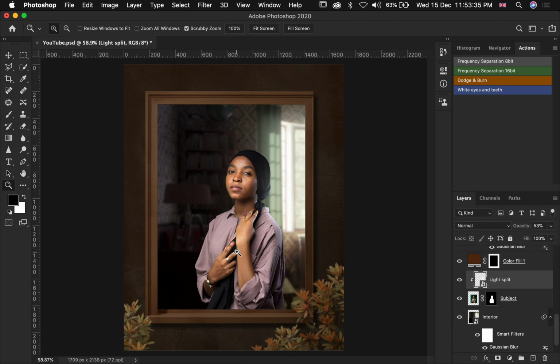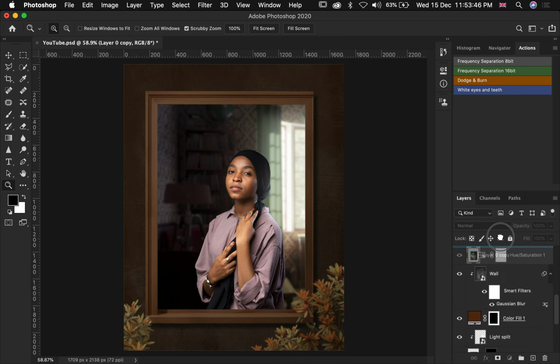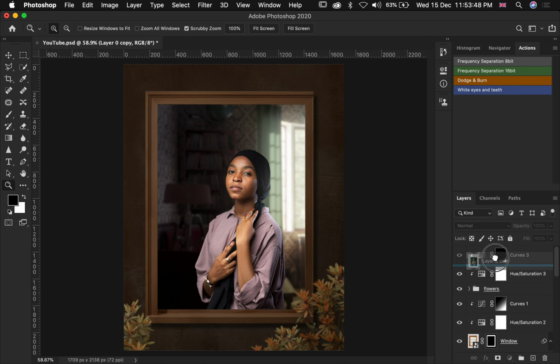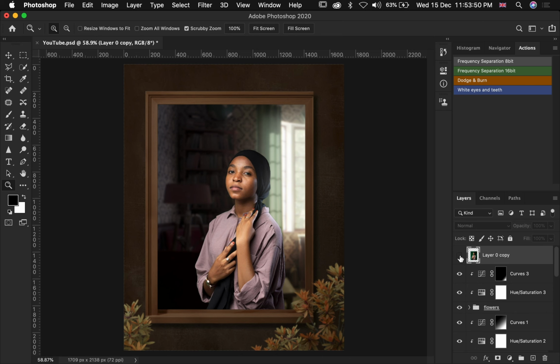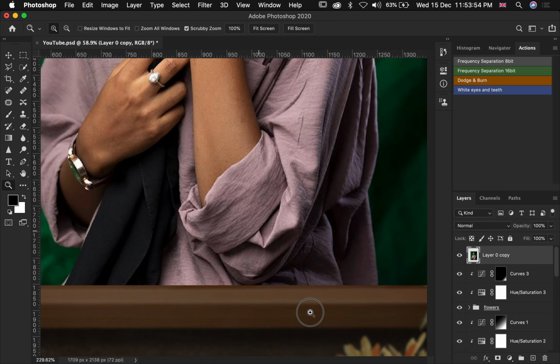So how are we going to do this? Let's first go back to our original layer, and then we duplicate it by pressing Command J or Ctrl J, and then we take it to the top of our layers here. Let's enable the layer, and then we are going to zoom,